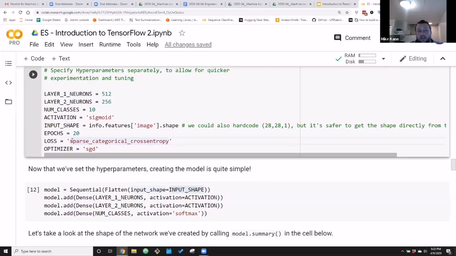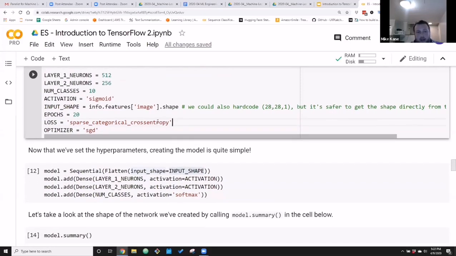This is a mathematical function that other people came up with. This is not me or TensorFlow. This is very much in the world of academia. It's a very tried and true loss function, but it's determined by the type of problem you're solving. Now, activation, that's something you can have some fun with, and you can go quite deeply into it. We're going to start with sigmoid. However, I encourage you to try things like ReLU or tanh to try and get better performance here.